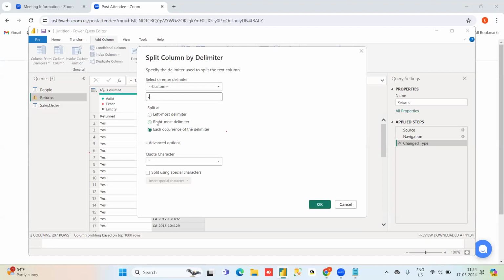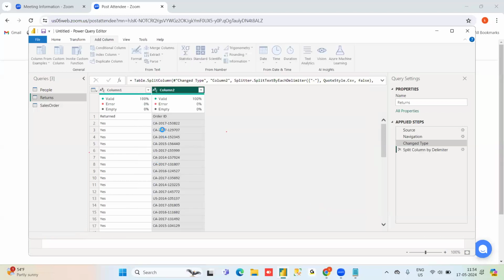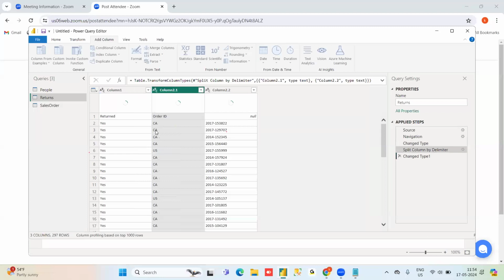I want only the leftmost delimiter. Split using special characters, no, I don't want to do that. I want the first two letters to be separate, at the left occurrence.